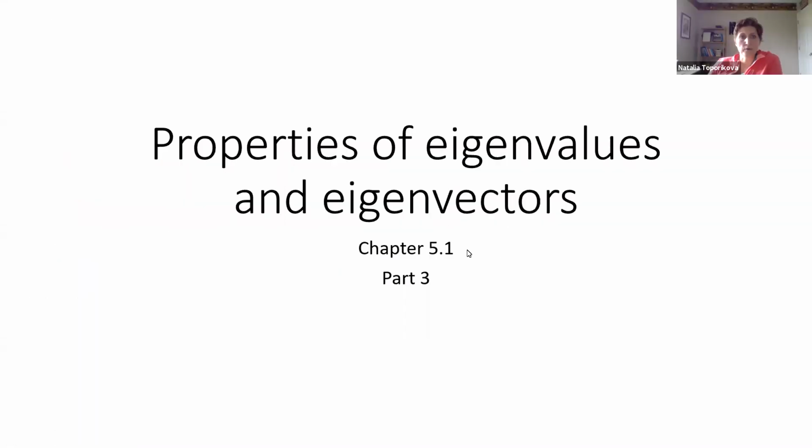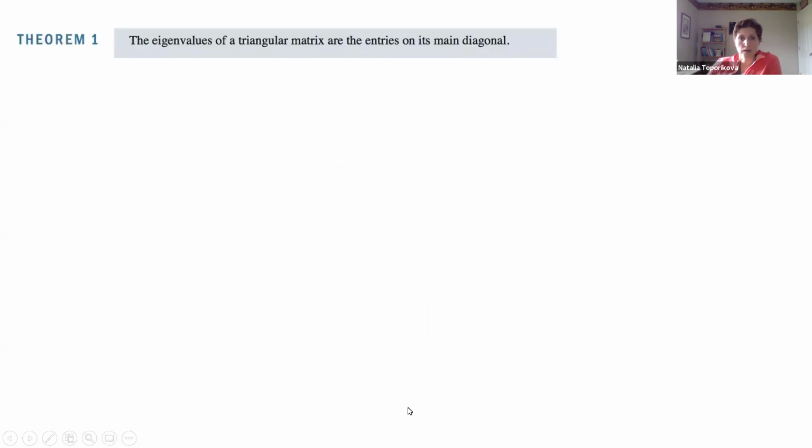Hello, this is the third part of chapter 5.1, and we can talk about some important properties of eigenvalues and eigenvectors. First, and this is actually kind of a fun theorem, the